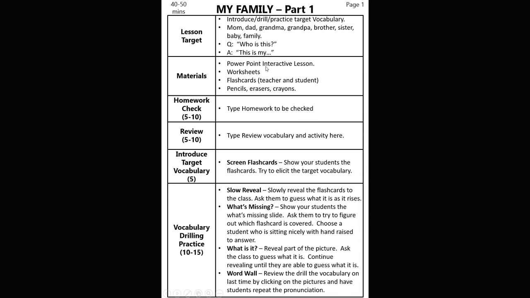And then I typed in part 1 and how long, because my classes are 40 minutes. But most ESL classes could be anywhere from half an hour to 50 minutes, right? So you can decide. Well, we can't decide how long your classes are, but you decide what activities. Anyway,